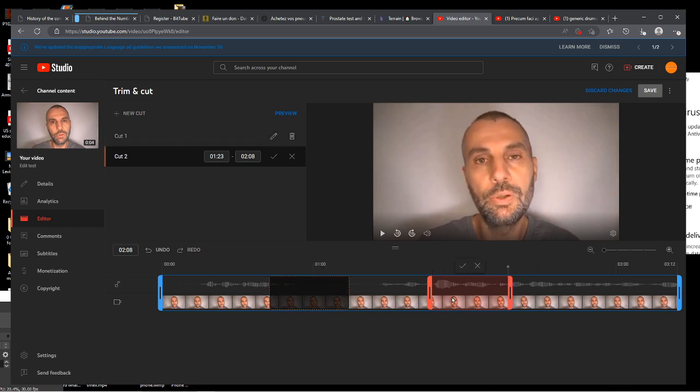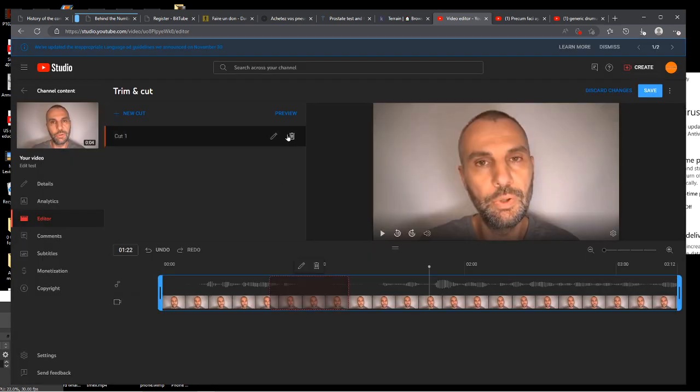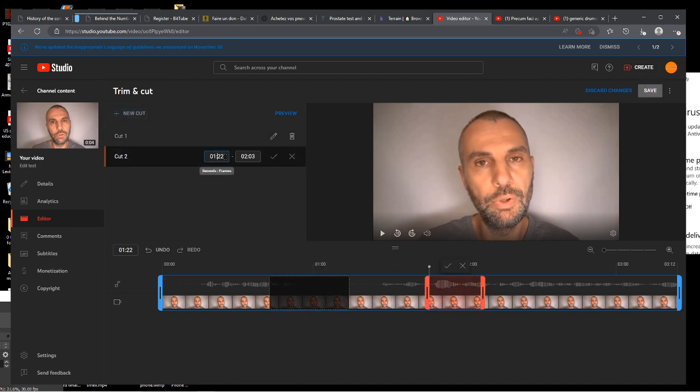Also, when you trim one section like this, you can confirm and delete it. There are basically the same buttons here and there for a section. And when you create a new section, you also have these numbers here.